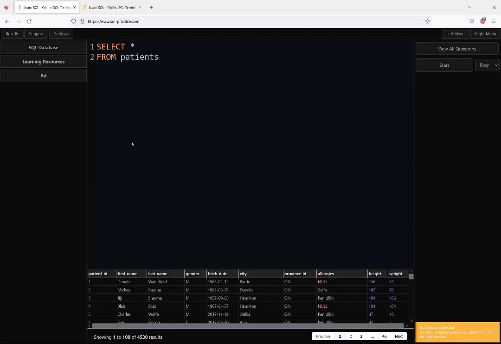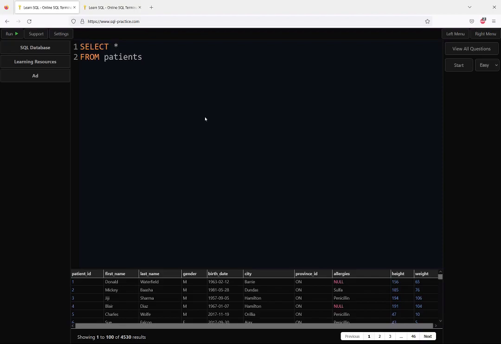So this is what the table looks like. We have patients, an ID number, just to identify each patient. Each patient will have a unique identifier, first name, last name. You can read through all of these. So, given this table,